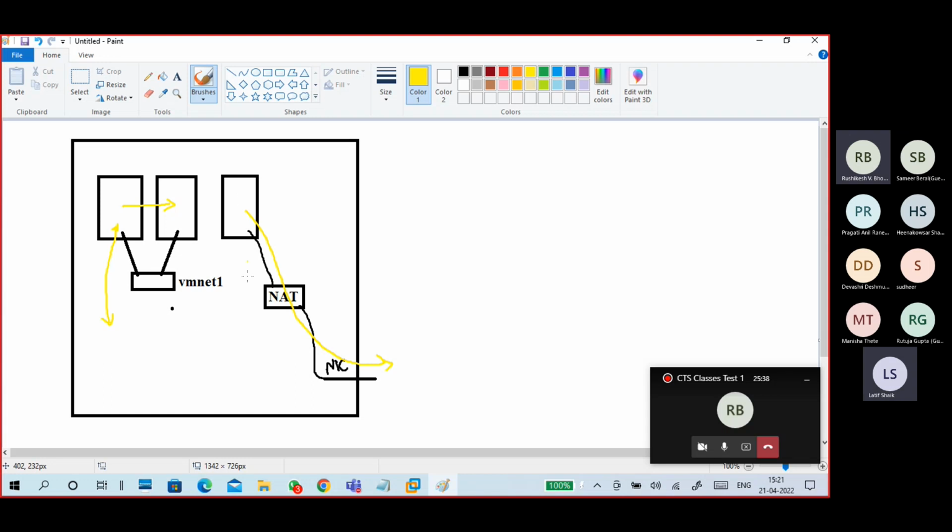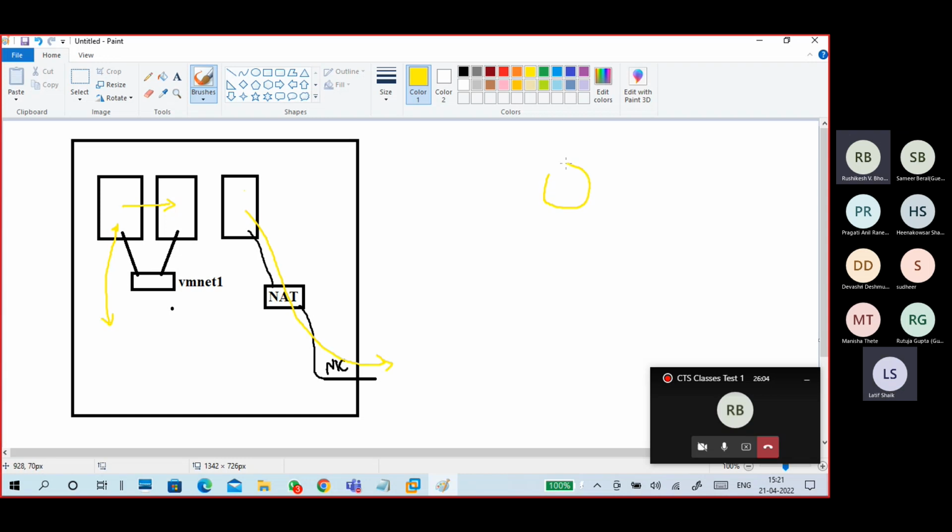Physical machine to virtual machine, it is a little bit difficult. We have to check it properly because gateway issues will be there. So physical machine to virtual machine, no guarantee it works. And outside machines cannot communicate with you because no one knows where your virtual machine is. It purely depends upon the gateways. So obviously all gateways go to your router.